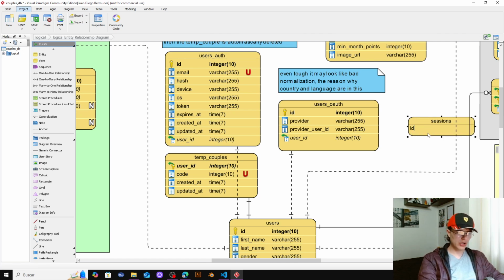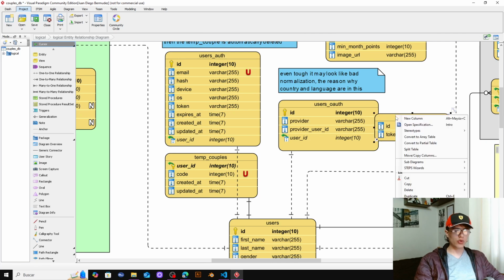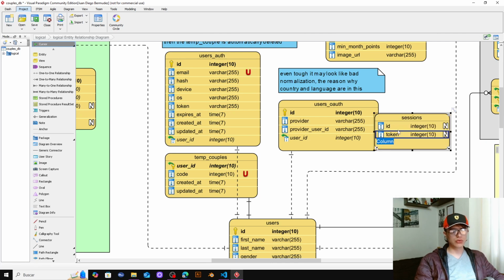That table called sessions will have an ID, which will be a surrogate key. It will have a token, which is the refresh token, not the access token. The access token will be JWT. It will have device information and OS information, which is part of the device information, but let's keep it separated. It will have an expiration time,